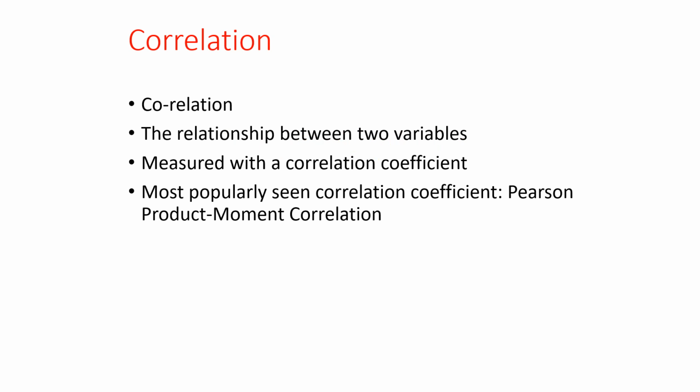So this is measured with something called a correlation coefficient, and the most popular correlation coefficient is what we call the Pearson product moment correlation. When we are talking of Pearson product moment correlation, we are talking of numeric data. So the data has to be in numeric form. And correlation can be found out between multiple variables, but it is always done in pairs. So if we have 3 variables, 4 variables, 5 variables, 6 variables, we can do this exercise in Excel and other software, but the relationship will always be given in the form of pairs,